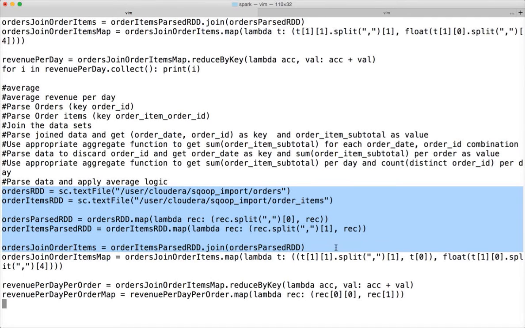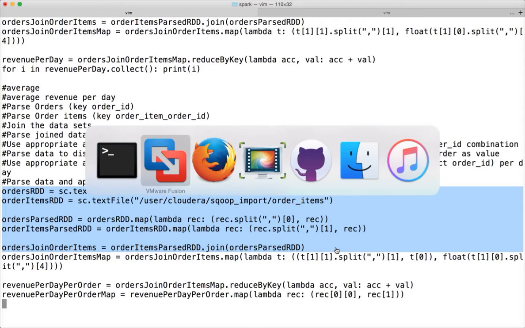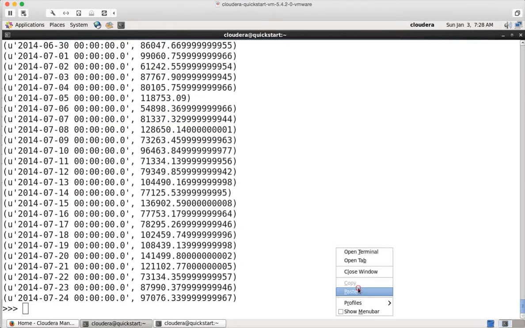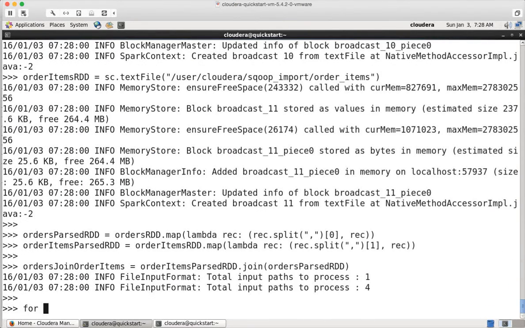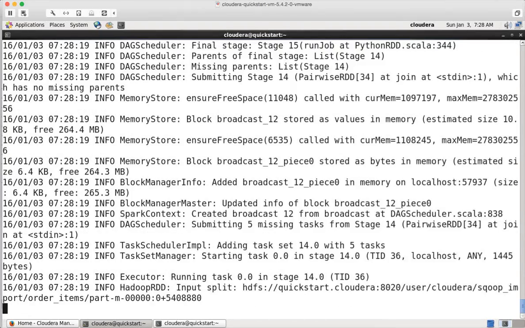This is a plain join. We have actually got the orders using order ID as key and order items using the order item order ID as key, and then we are joining these two data sets. It's pretty straightforward. First we are reading the data, then we are parsing, then we are joining the data. And then if you see orders join order items dot take 100, print of I and hit enter,